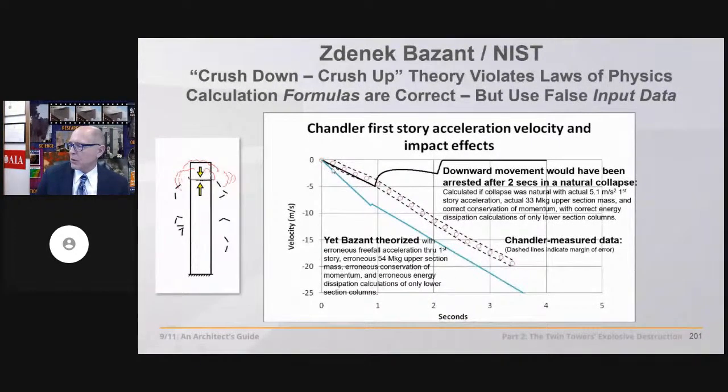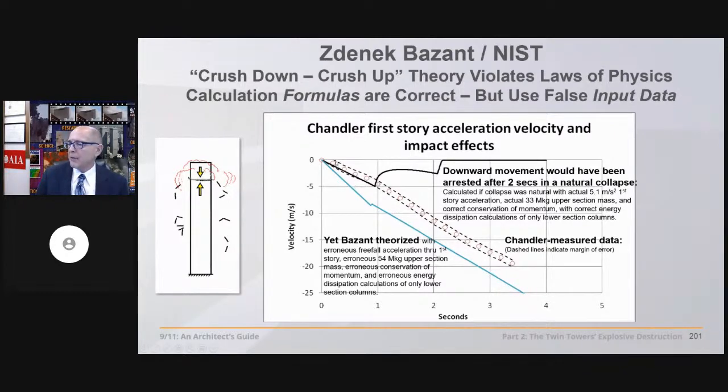the actual building collapsing at near free fall acceleration measured by David Chandler. And we have Bazant coming in pretty darn close to that actual measured.